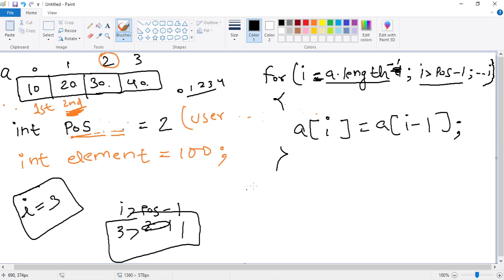Now here, A of I equals A of I minus 1. What is A of I? The I value is 3, so A of 3 equals A of 3 minus 1, which is A of 2.